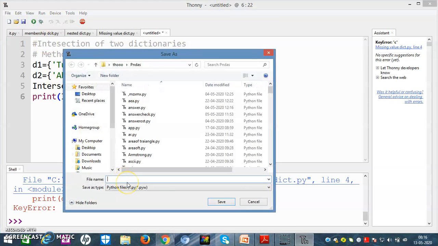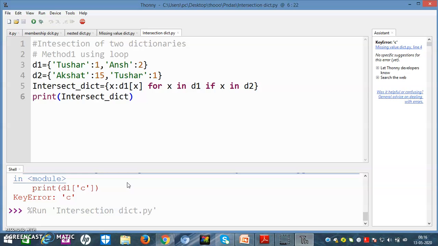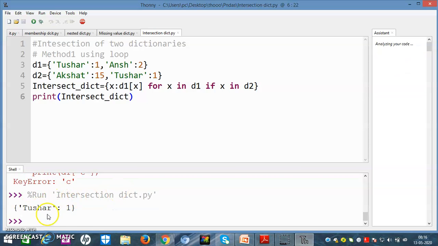Now I will run it for you, and we will write it as intersection dictionary. Now it will be Tushar 1 because the common value will be this.